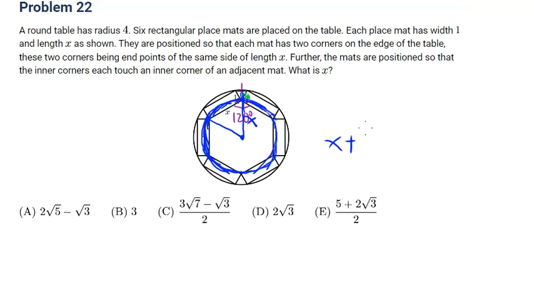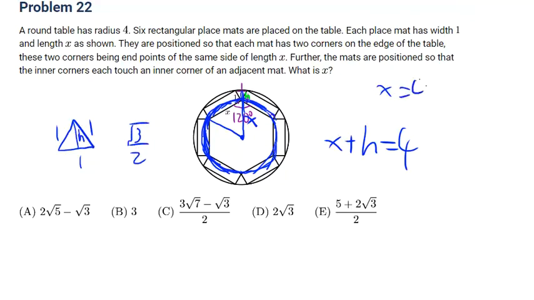X plus h equals the radius of this big circle, 6. Now what is h? Equilateral triangle here. This is 1, 1, 1. This is h. H will obviously be, so x equals 6 minus,